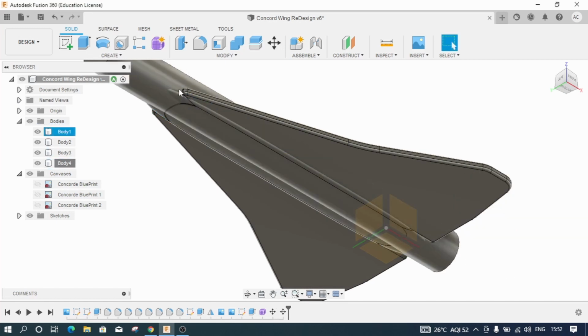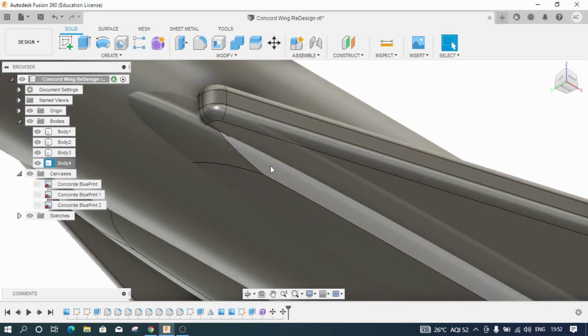Let me click on OK. Now you can see that the belly of the aircraft is attached in this fashion.